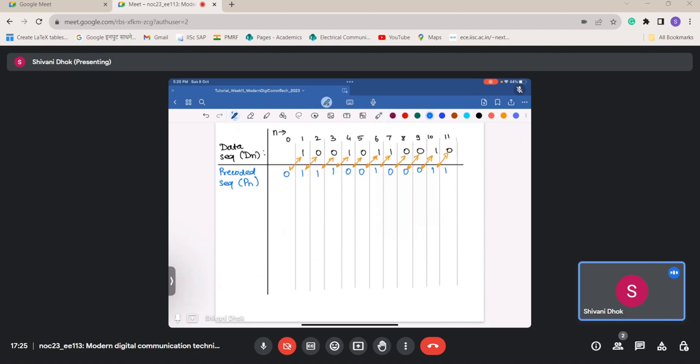So after pre-coding, we need to get the transmission sequence or the transmitted sequence. So the next thing that we need to find, just bring these in center,